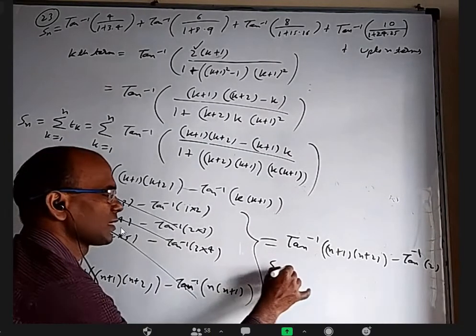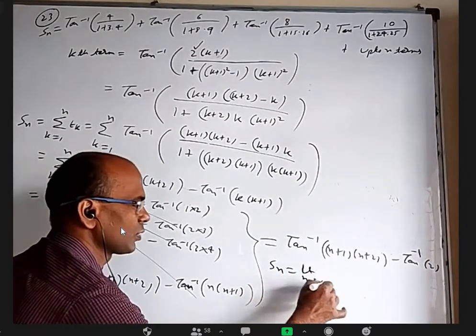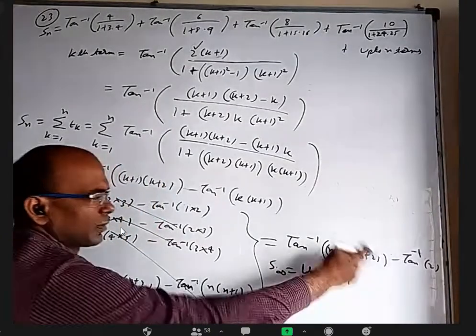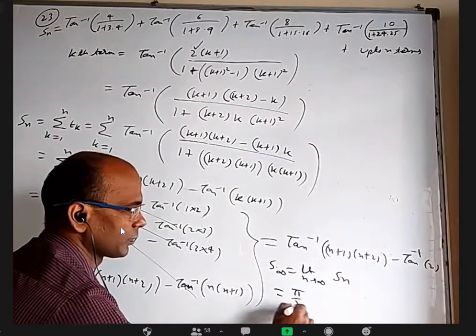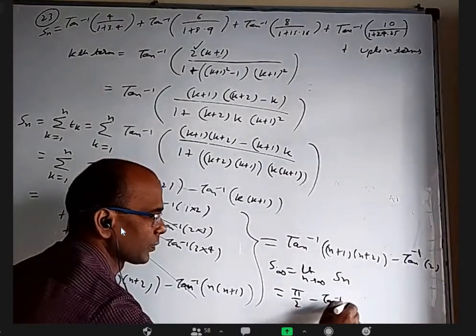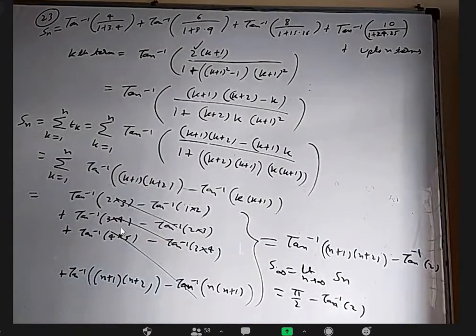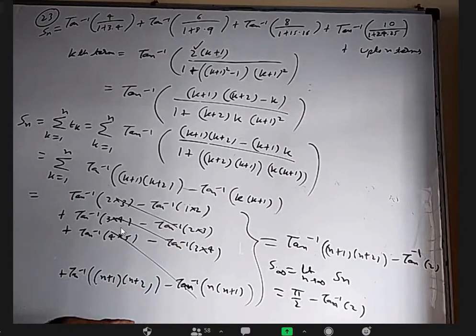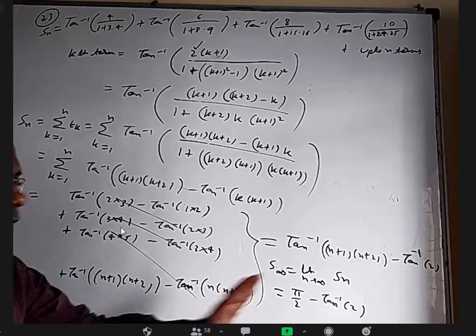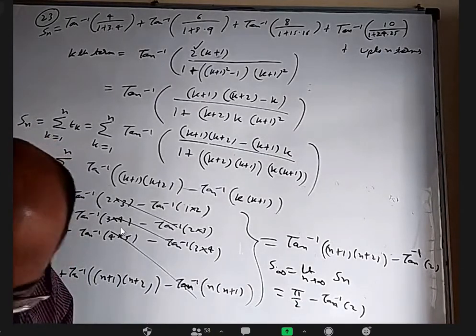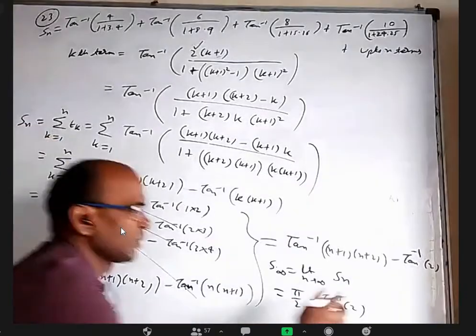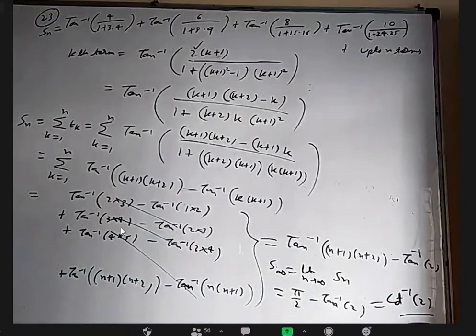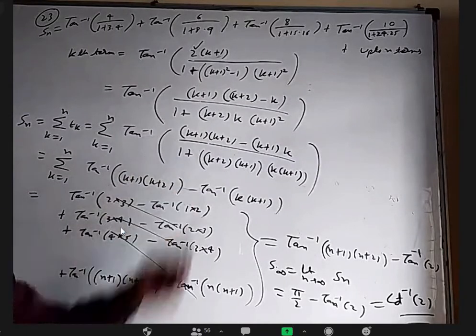Sn is equal to limit n tends to infinity Sn. And when I apply this, infinity, and tan inverse infinity is pi by 2, minus tan inverse 2. We should not forget about this pi by 2, because somebody who directly does up to infinity will think all will cancel and we will be left with 0 or something. But this is becoming pi by 2. So you can leave it here, or you can write cot inverse 2. Pi by 2 minus tan inverse 2 is cot inverse 2. Okay. Anybody any objection to this or any doubt?